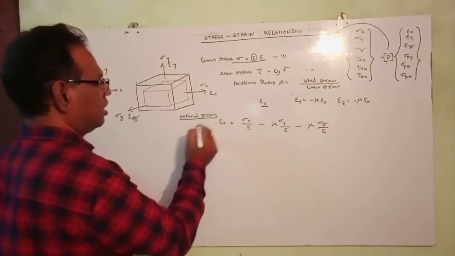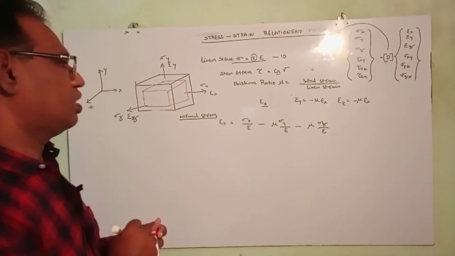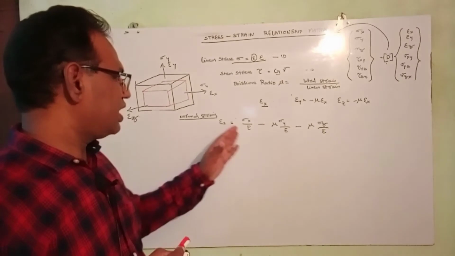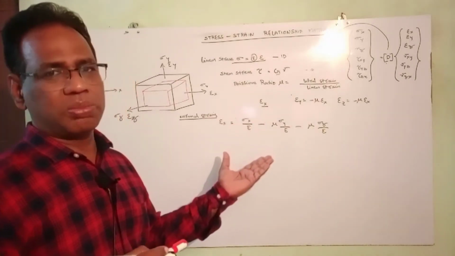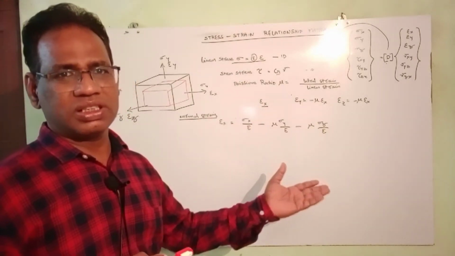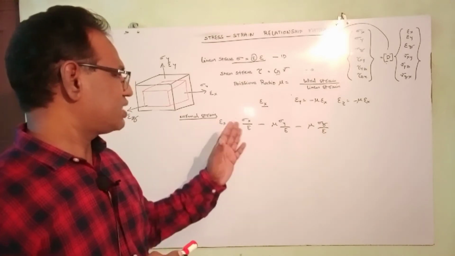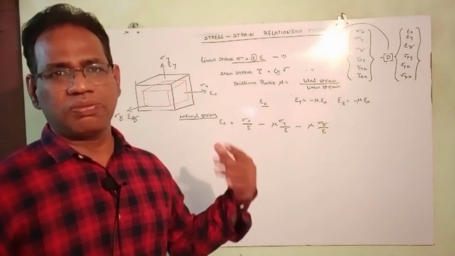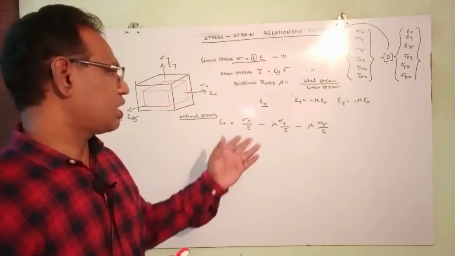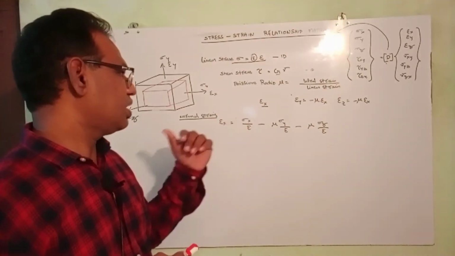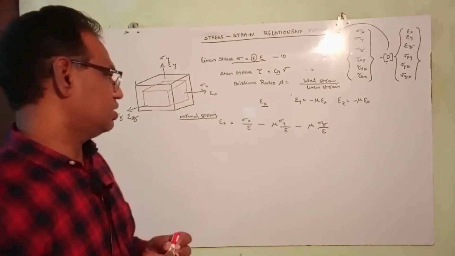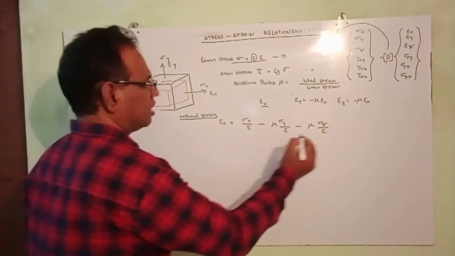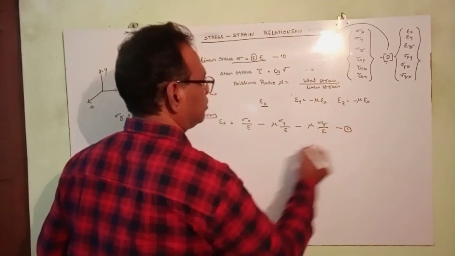So neglecting the strains because of the y direction and z direction, if you want to get a pure linear strain, because in the y direction also there will be a strain, in the x direction also there will be a strain, that may affect it. So if you want a pure linear strain, meaning the total strain, the effect of the strain because of other directions we can neglect, and then we are able to get the pure normal strain in the x direction. So this is, suppose say, equation 1.